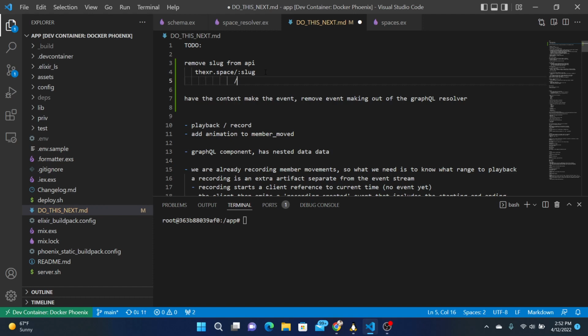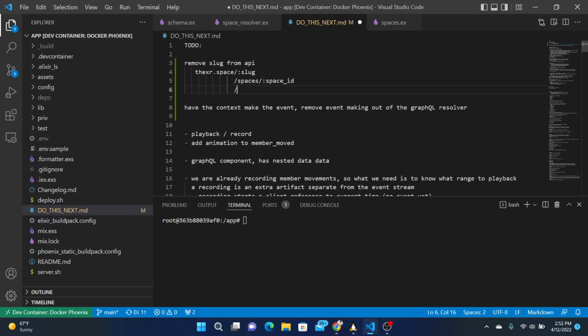It's inconsistent, in other words, because the other places will have namespaces, and then the slug doesn't have a namespace. So I think it would be more consistent, or at least more RESTful, to have something like spaces and then the space ID, then everybody else can have their own subsequent namespace for whatever.